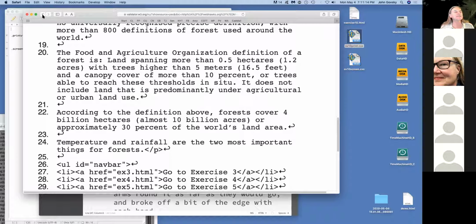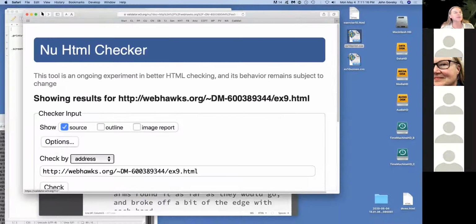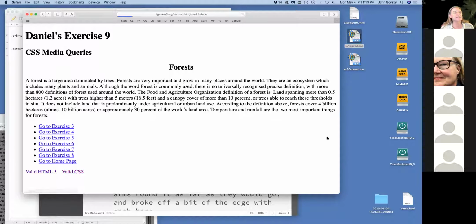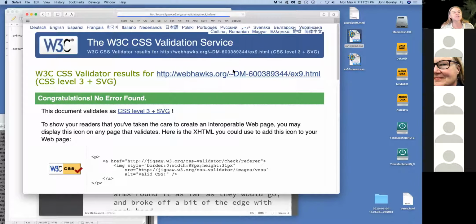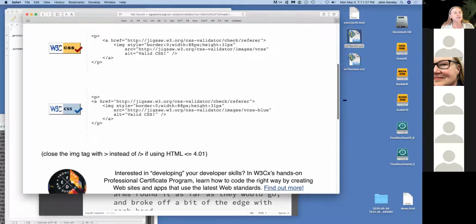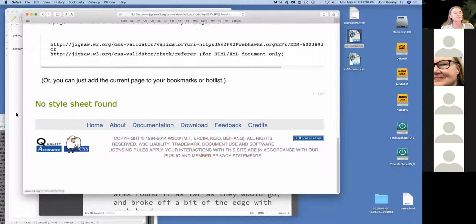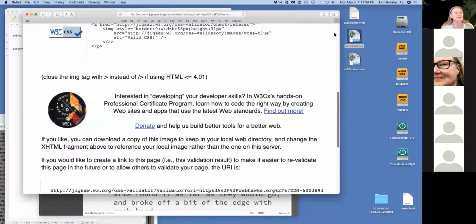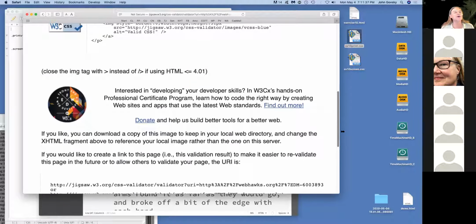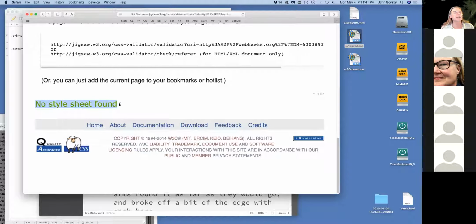And here's the funny thing. If I'm on your page and I say validate CSS, it doesn't show any errors. You know why? Because there's no style sheet. And if you scroll down, it usually says so. I didn't scroll down before to see that because I just saw, oh, no errors. Bingo. And I started using a Windows computer that I got from Cabrillo, so that's how I was able to get to that point. But I'm still figuring out some things.